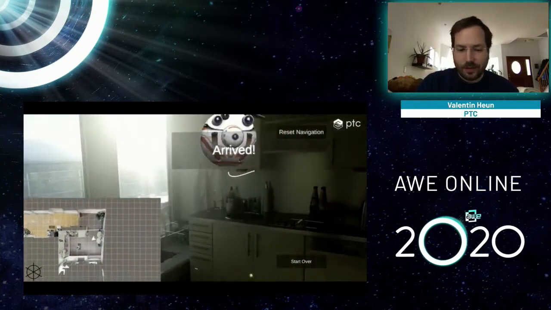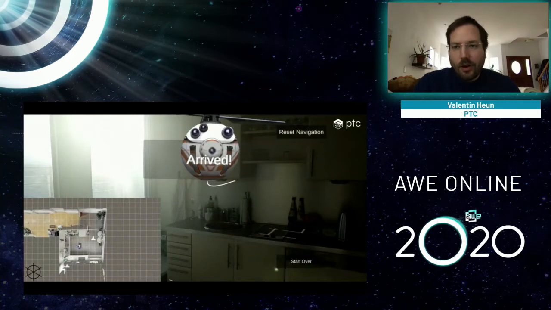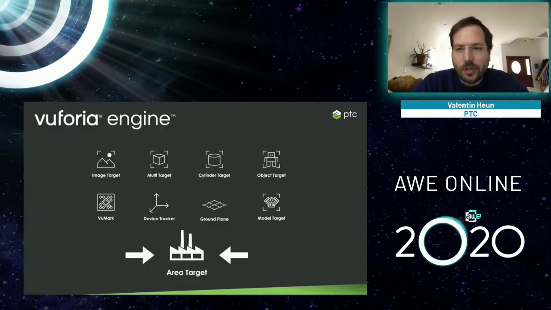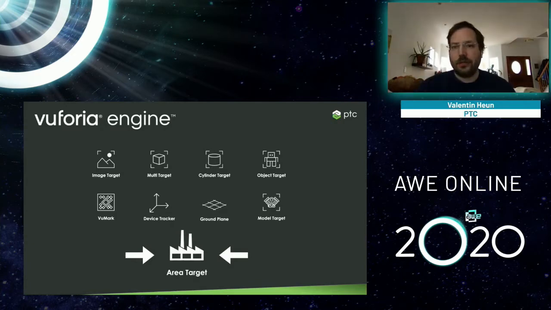And you can ask, how far is it away? All of this is enabled by a new tool in the Vuforia Engine called Area Targets. And Area Targets allow you now to localize devices relative to spaces around you and not just see objects anymore. So this is very powerful.